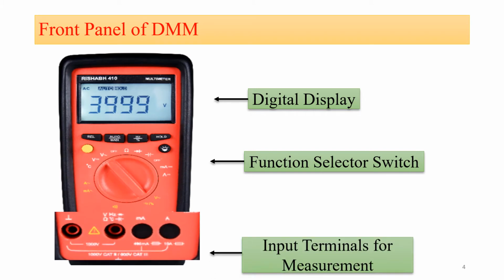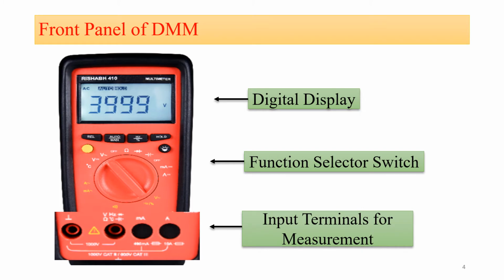And the third part of our digital multimeter is the input terminals for the measurement. Now this is a very important part. If you see these input terminals, they are basically divided into four parts. First one is the ground. Then the second one, by using which we can measure the voltage, then hertz, means frequency, then we can test the diode, measure the temperature, and also measure the resistance which is in ohm.